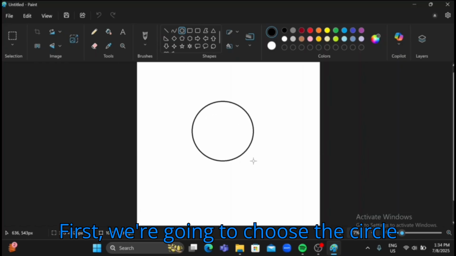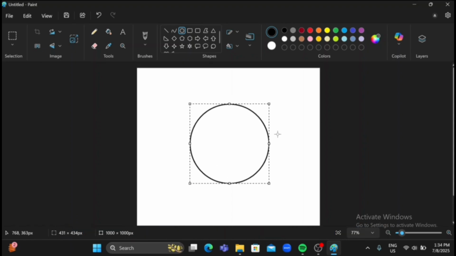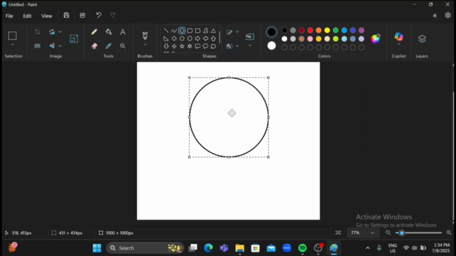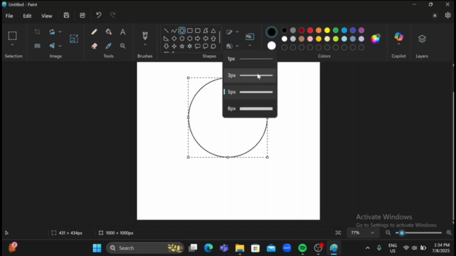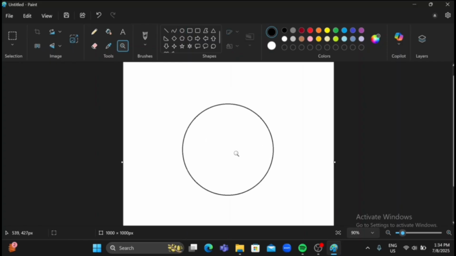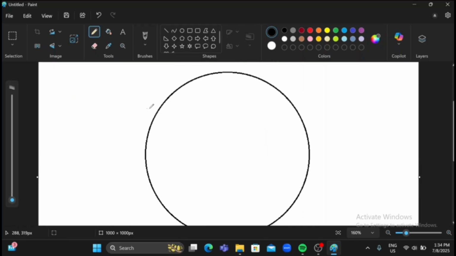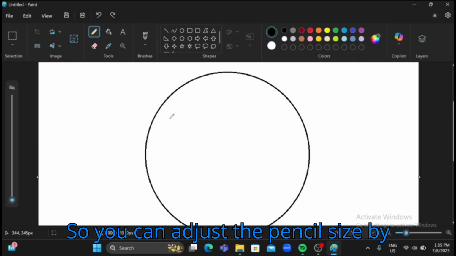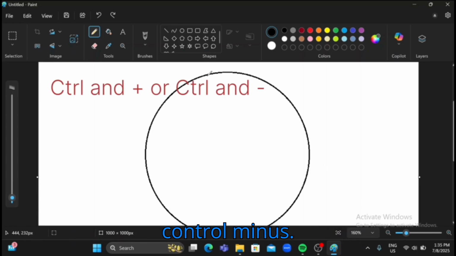First we're gonna choose the circle shape because it is a round shape Pokemon, right? So you can adjust the pencil size by pressing Ctrl plus or Ctrl minus.